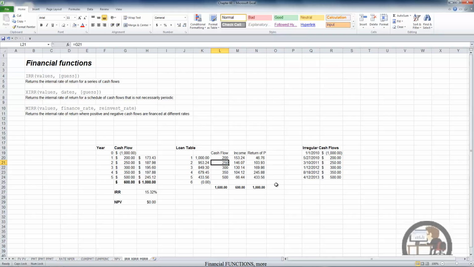The second year, we got a positive $250 cash flow. The income that we earned is the internal rate of return rate, 15.32%, on the invested capital that exists at the beginning of year two, which is $953.24, and the additional funds that we received over and above the income was a return of the principal, which is $103.93, which gets subtracted from the amount that we have invested, and